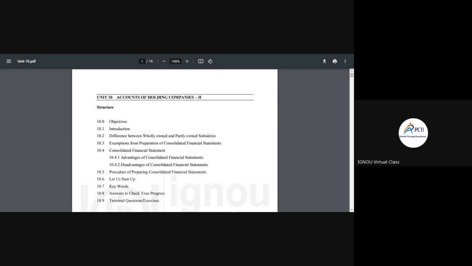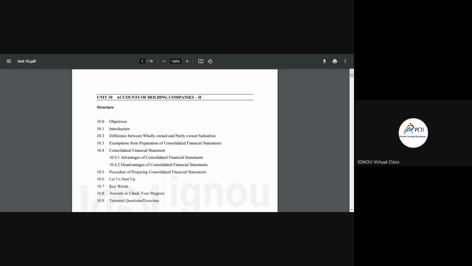So today we are going to discuss our third block, and in this third block we need to discuss the companies. One is the holding company, and which companies are subsidiary companies, and how we can maintain their financial statements in a consolidated way. Because if we are talking about the holding company and the subsidiary company, a company having more shares in a particular company will be known as the holding company, and the company which has a lesser number of shares is known as the subsidiary company,